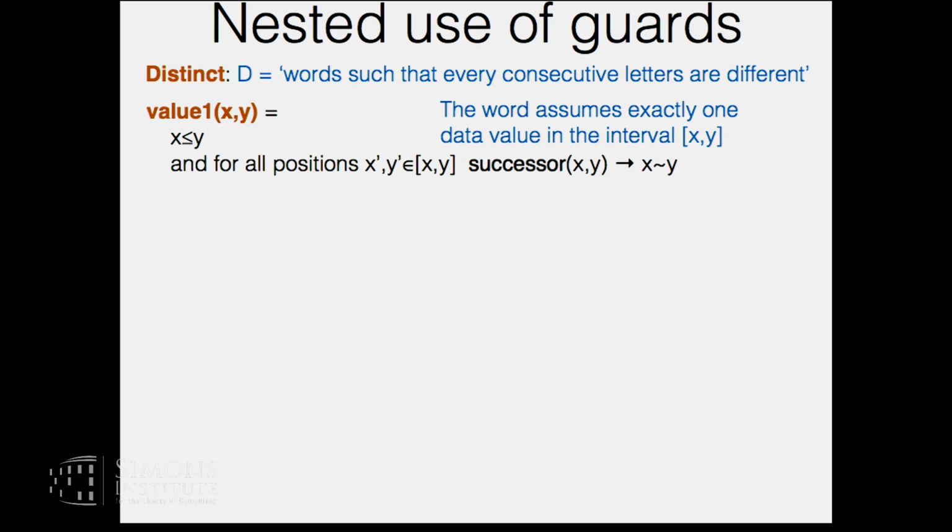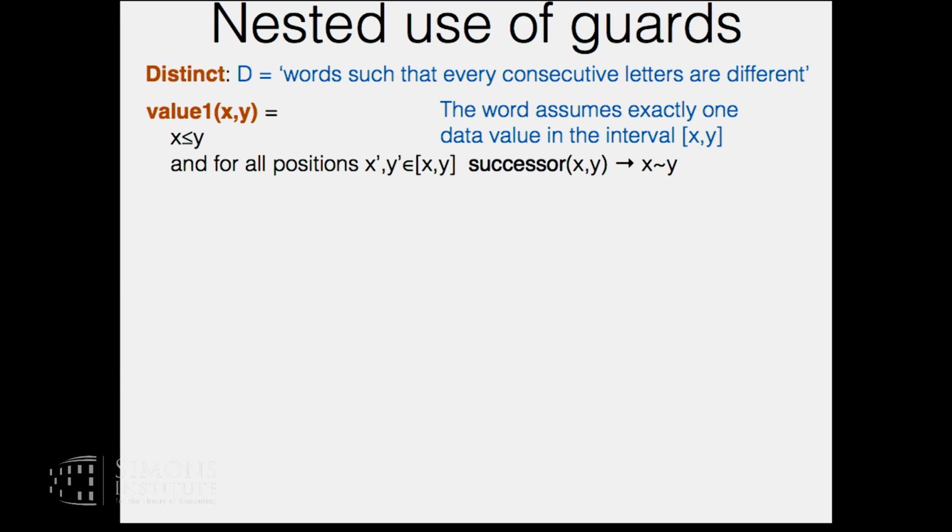You remember this example? That's not the one I wanted. This example that says k values appear exactly. I will show you how you construct it, and you will see that you need to nest guards inside guards inside guards k times, which essentially rules out any of this simple construction where you would guess everything at the beginning and make local checks.